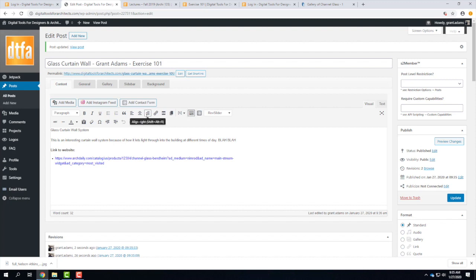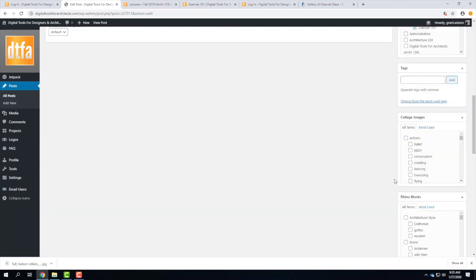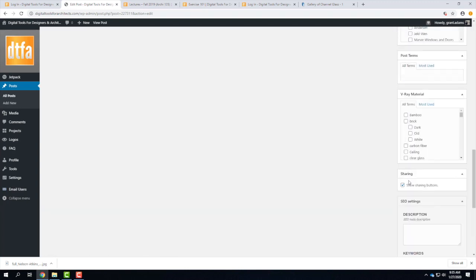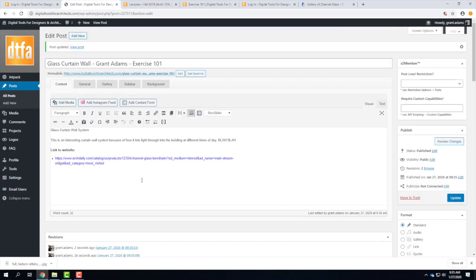So where is the picture? Where's the what picture? The featured picture, the image. Well, I'm going to show you in a second. So the featured image stays down here in that little box. Okay? In some cases, we'll post multiple pictures, in which case they'll end up inside the post. I'll show you guys how to do that when we get there. For today, it's too much. You don't need to worry about it.